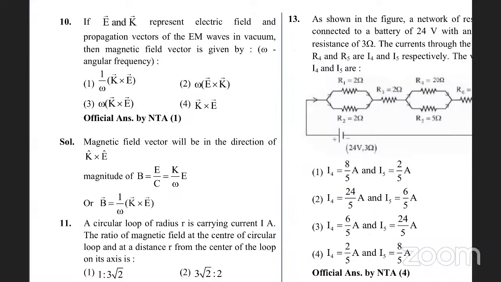Look at the next one, the 10th question. It is based on the electromagnetic waves topic. If E and K represent the electric field and propagation vectors of an electromagnetic wave in vacuum, the magnetic field vector is given by. So here,